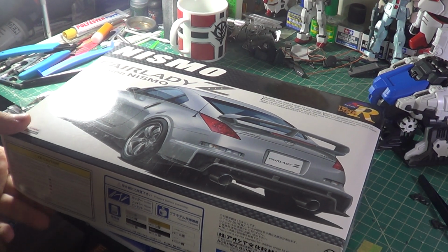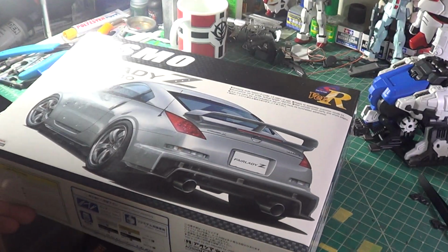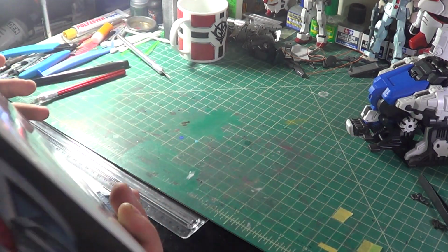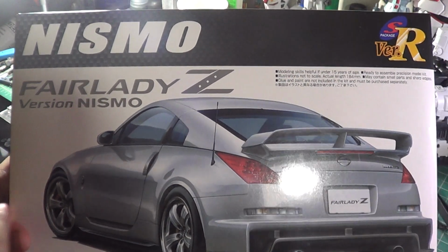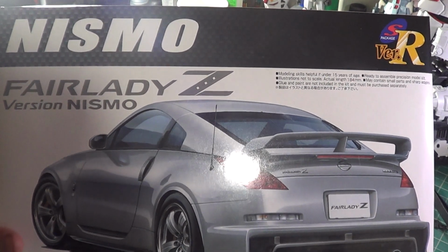There's a couple other versions of this kit, but I kind of like the kitted out body. On the back, it looks a little funny. It's a little super jutted out. But I looked at the runners just very briefly, and it's actually not so bad. So, on the top of the box, you have the car itself. It's painted, or well, the box art is done in a silver, and